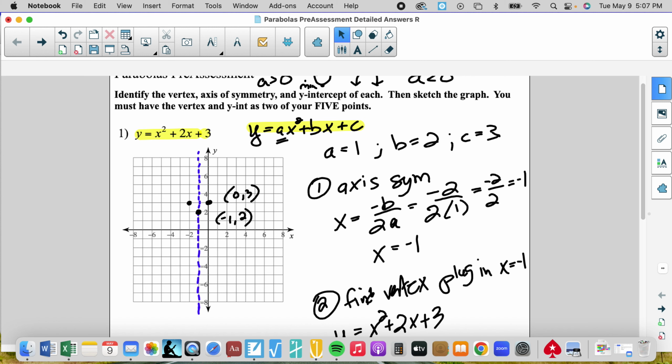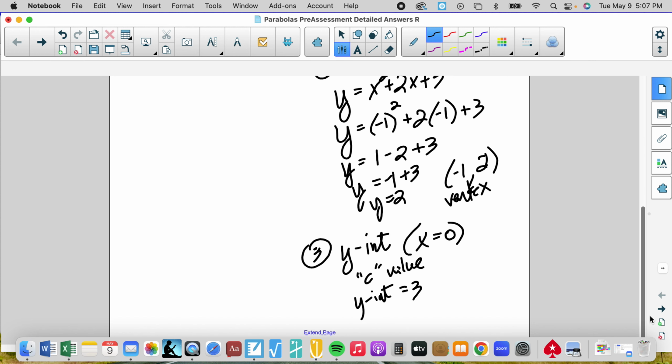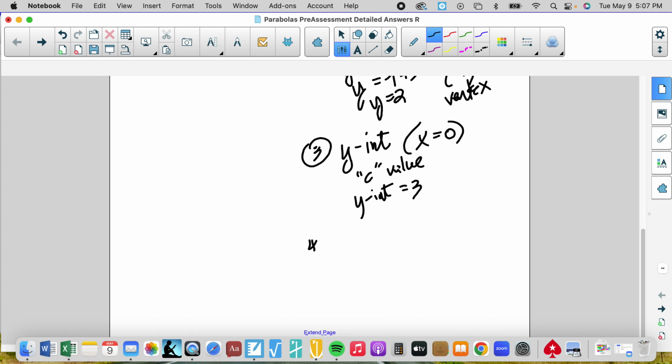There we go. So I have 0, 3. Its reflection point is going to be -2, 3. That's this location right here. That's that coordinate, shall we say. So now I have 3 points. So the next thing, 4, is mirror